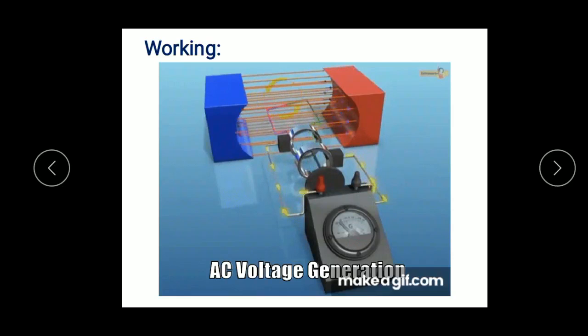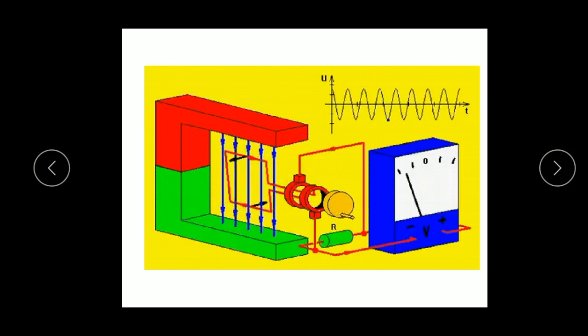The direction of the induced EMF or the induced current is determined by Fleming's right hand rule. So how to find the direction of the induced EMF or the induced current? By using Fleming's right hand rule, we have to find the direction of the induced EMF or the induced current in the coil. So the current flows out through the brush B1 in one direction,